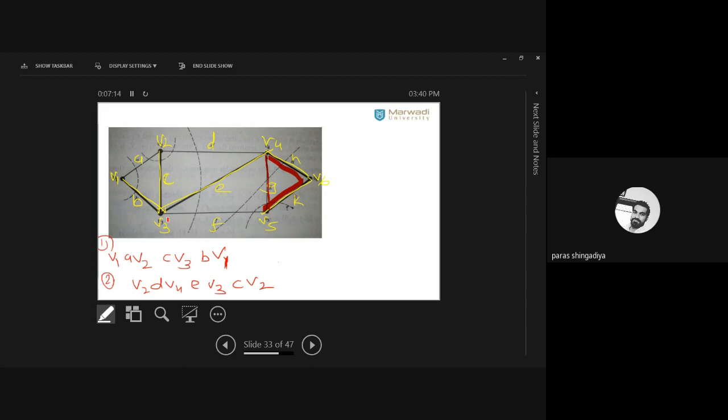It can be asked in a question paper in this way: define fundamental cut set and fundamental circuit with example. So mention both definitions first, and then consider any graph, create its spanning tree, and as per the spanning tree derive the answer. Whichever spanning tree you have taken, first it should be correct, and then derive the answer. While finding a fundamental cut set, then after write the fundamental circuit. Clear?